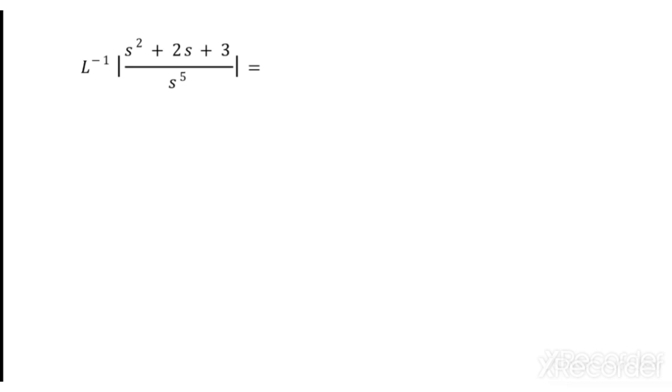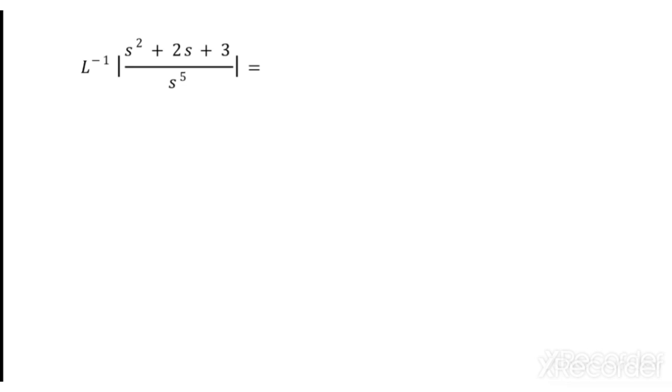So the first problem is L inverse of s square plus 2s plus 3 by s power 5. How to get this? So first reduce into the standard format. So we have the standard format, that is 1 over s power n. If I have 1 over s minus a, or 1 over s plus a, or s by s square plus a square, s by s square minus a square, or just 1 by s square plus a square, 1 by s square minus a square, only 5 or 6 types of formats we can get L inverse back. Rest all you have to simplify first, get to that form and apply L inverse.